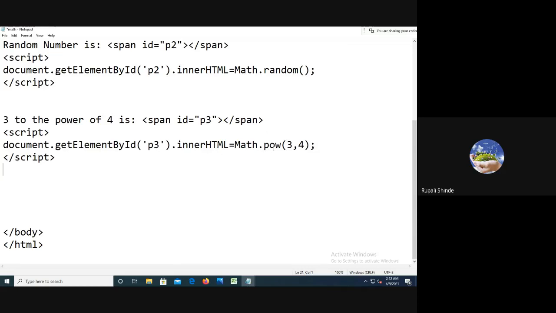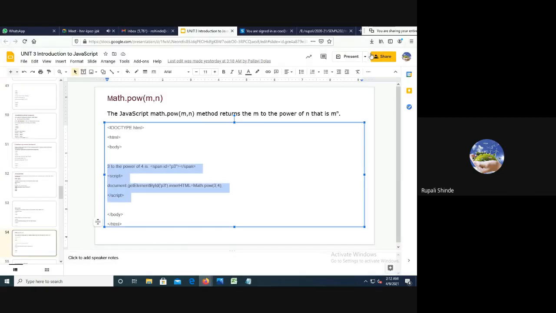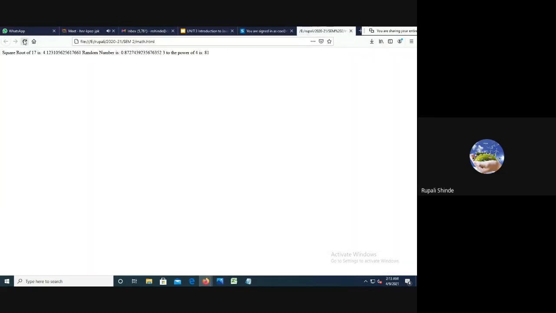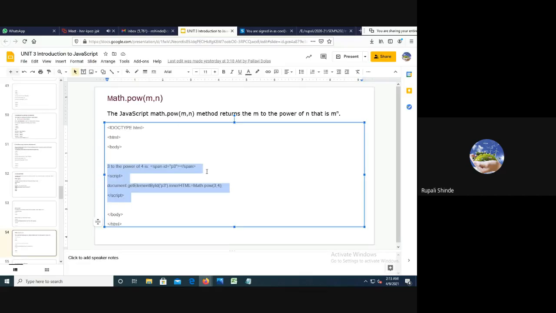Math.pow in brackets 3 comma 4. 3 to the power of 4 is 81. 27 into 3 is 81.